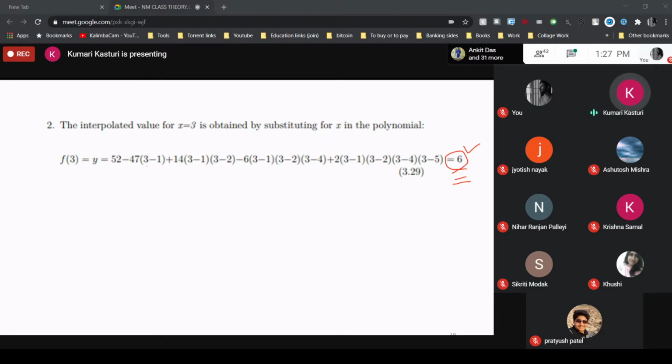So these are the two methods we use to find the solution. The solution should be the same, but the procedure is different. Am I clear up to this point so that we can go for the code? Is the procedure clear to all of you, or any doubt? Please tell me.